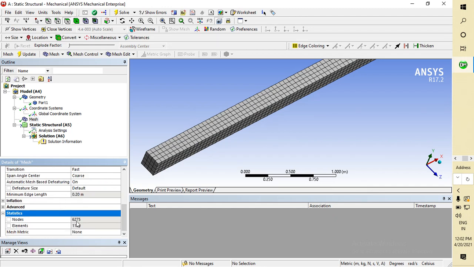If your mesh is fine, it will give an accurate result for your given problem. Previously there were about 200 nodes and 84 elements. Now there are about 1000 nodes and 1104 elements.